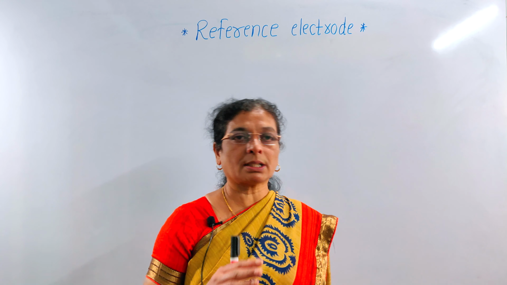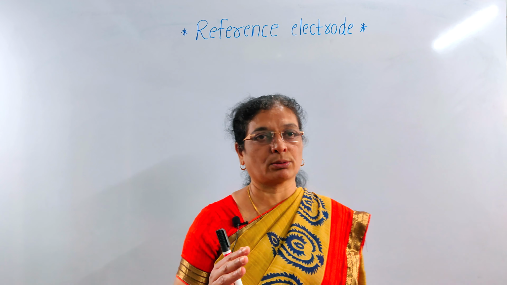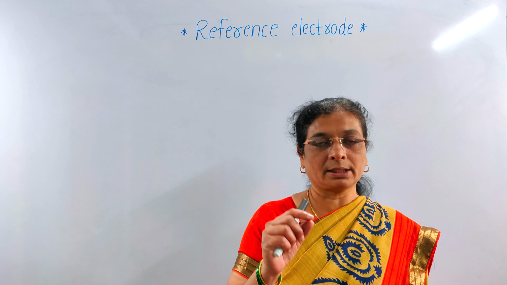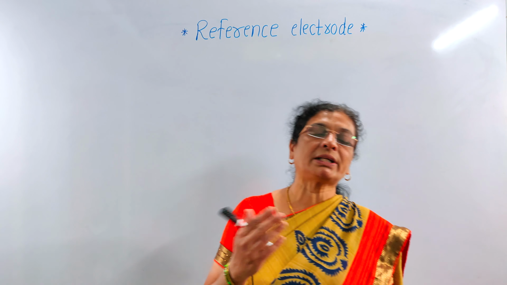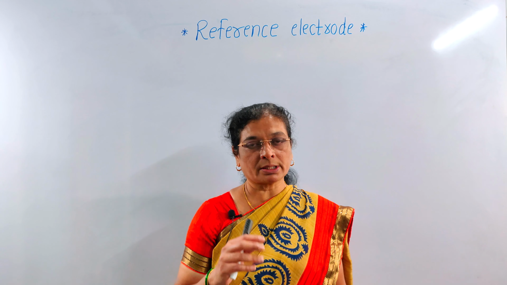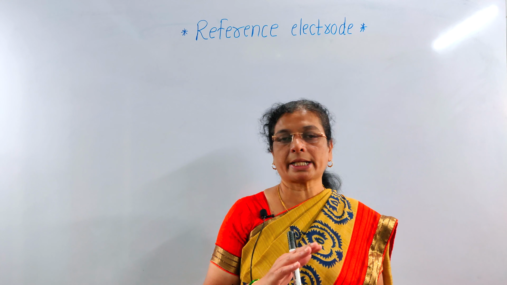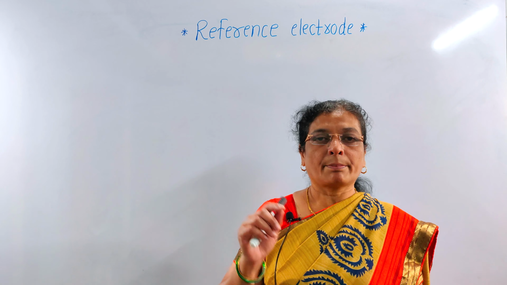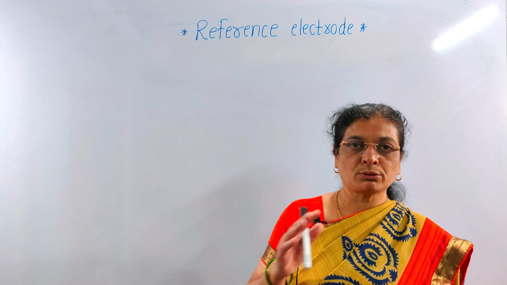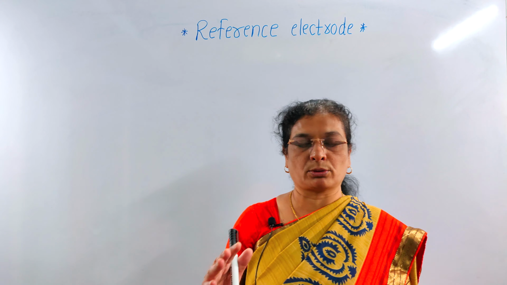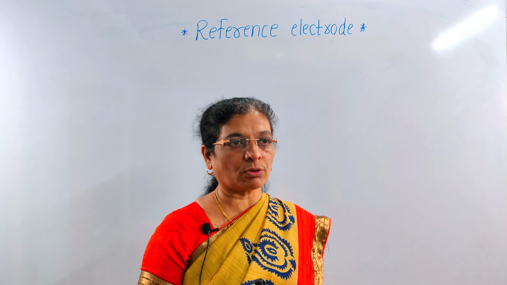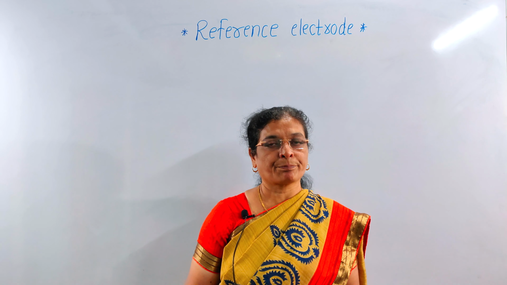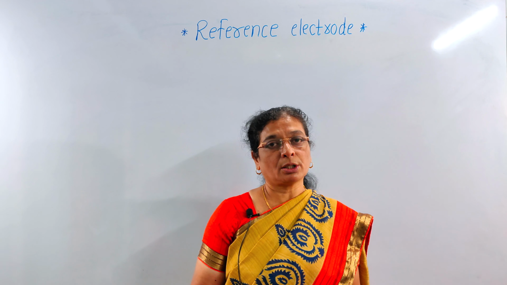Now if you have to measure the potential of any single electrode, it is not possible, because in a single electrode either an oxidation reaction will take place or a reduction reaction will take place. Oxidation reaction cannot take place separately, nor can reduction reaction, so you cannot measure the single electrode potential. But if we construct a cell by using an oxidation electrode and a reduction electrode, because a cell is the combination of an oxidation electrode and a reduction electrode, you can measure the cell potential experimentally,